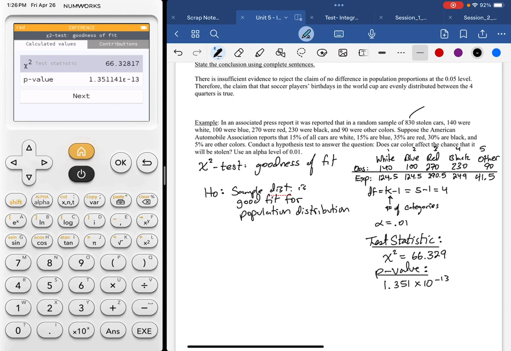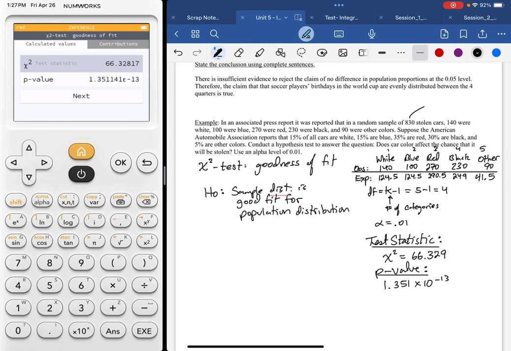I don't, let me see here. I don't think it said anything about what the ulterior motive is, but just looking at the numbers, I would probably think, it wouldn't be unreasonable to say that they're probably trying to make the claim that if you have a red or a black car, your car is more likely to be stolen, right? So the proportions for each one, not necessarily going to be balanced, because just by the percentages, 15% of all cars are white, 15% are blue. They're basically saying, are cars getting stolen at a rate that's disproportionate to what the distribution of car colors are,